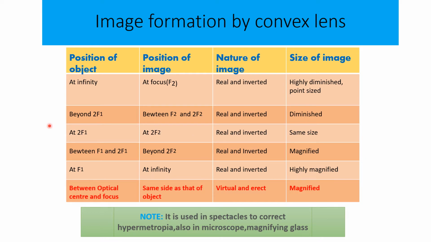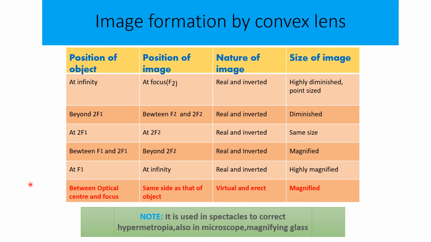Bringing the object further close to the lens, now the object is going to be between f and 2f. If the object is between f and 2f, the image is going to move farther away. So it is going to be beyond 2f. Light is actually meeting, again real and inverted. Now this is the time: if you move the object farther from 2f towards the lens, the size of the image goes on increasing and increasing. So now the image would be magnified in nature.